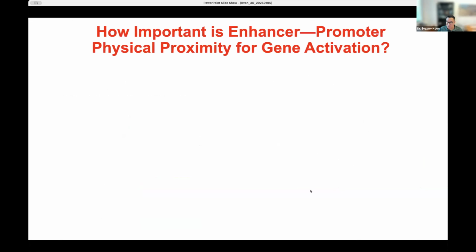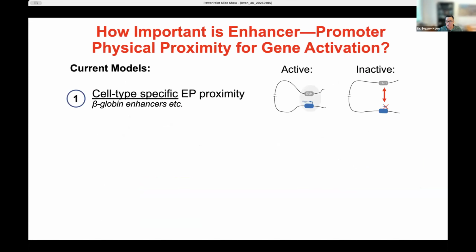So, okay, I'm going to start with the first question. How important is enhancer-promoter physical proximity for gene activation? This seems like a trivial question, right? Because if you look at the textbook,